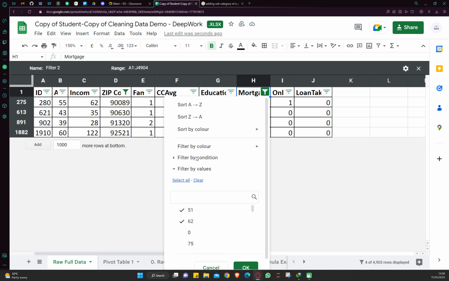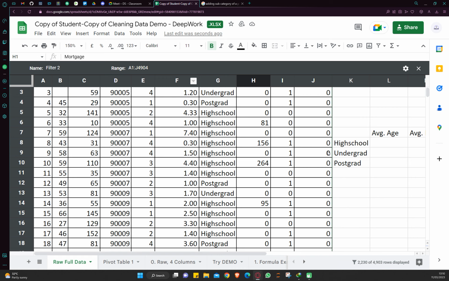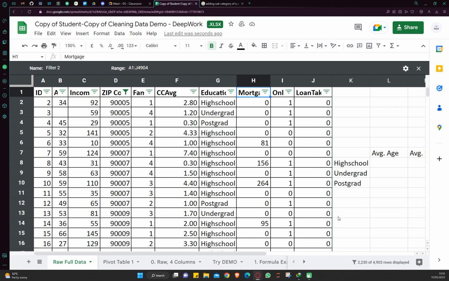Let's just call it a day because I think we have really tried. You can go and keep filling till you fill every single thing. You do it for age, you do it for income, you do it for family, and then round up. Your question? Is there anywhere else we can, after we've done this, is there anywhere else we can find more